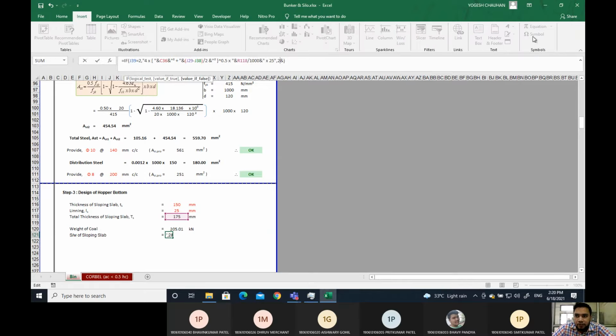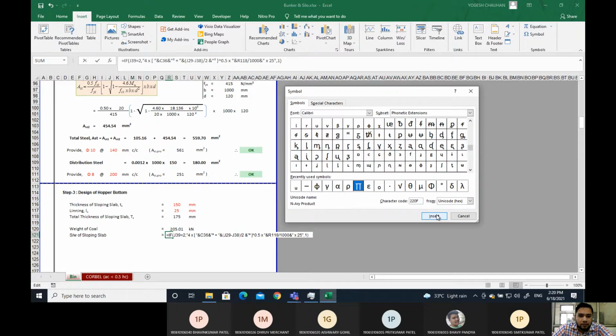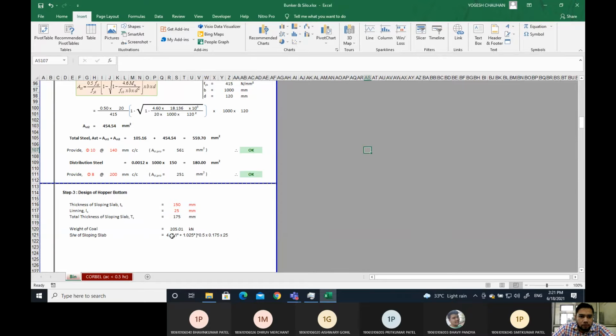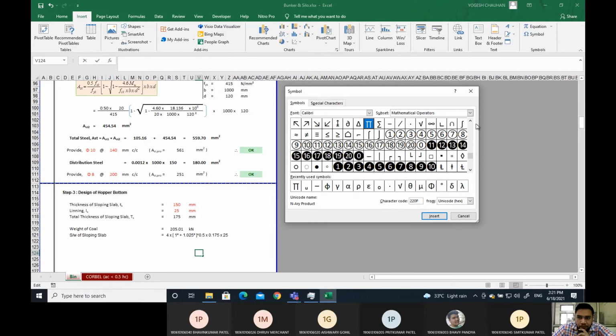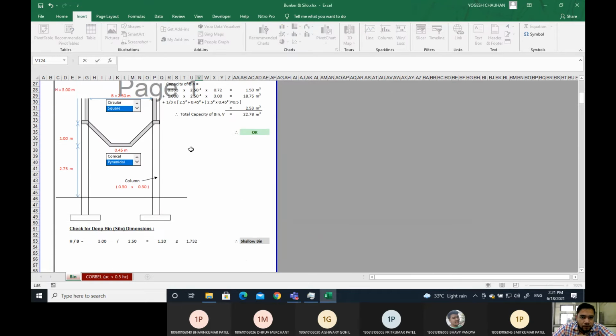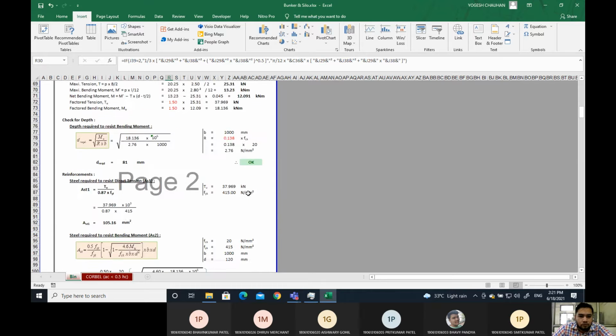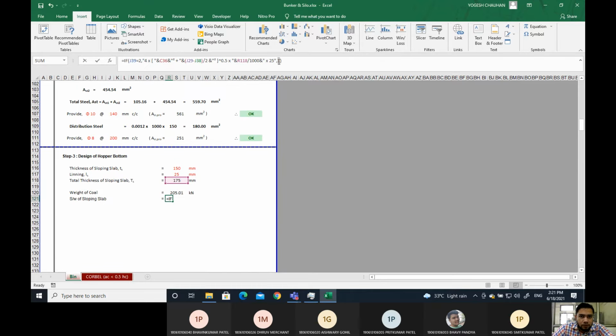So for inserting the pi symbols, this pi is there. It will be 2 pi, bracket, 2 pi into